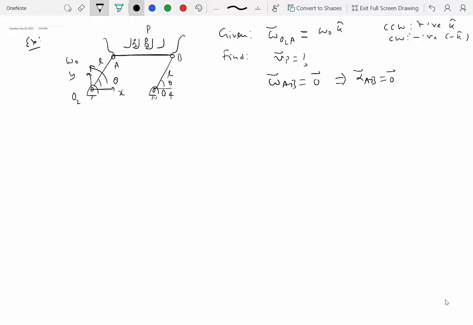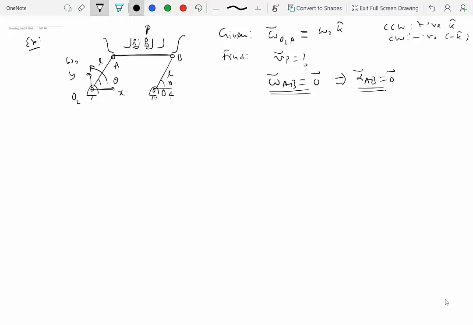Okay, so understand one thing. Sometimes the angular velocity could be 0, but angular acceleration may not be 0, primarily because the angular velocity is going to change at the next instant. In this case, the angular velocity doesn't change, it's always 0. So this is a function, and that means you can differentiate it and also say that angular acceleration is also going to be always 0. Okay, all right. So if angular acceleration is 0, right? If angular velocity is 0 and angular acceleration is 0, what can we say about, let's say, the velocity of